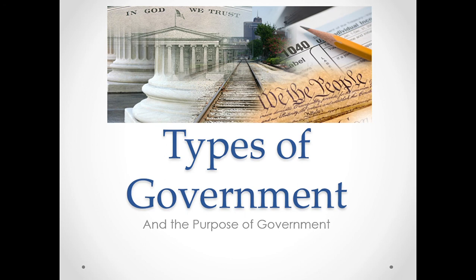And the reason we do this is because as we went through citizenship, we talked mostly about how we were citizens of the United States. But the thing is, the world is much bigger than the United States. So in this unit we're going to talk about other countries, the types of governments they have, potential reasons why they have those governments, what type of stuff works for them, and what we have here in the United States.